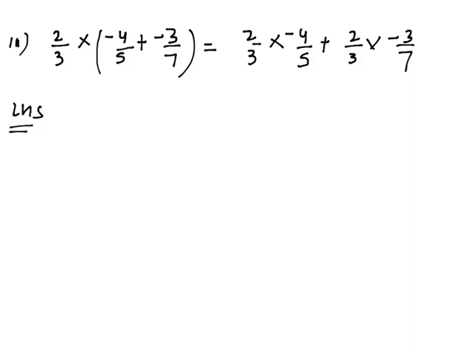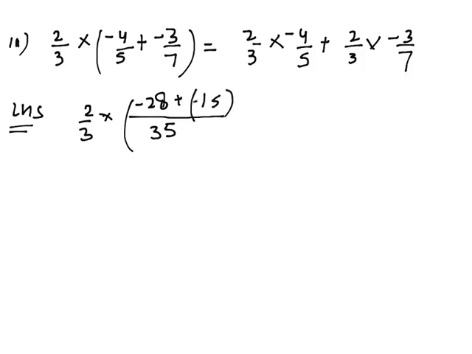So in this case, first of all, we will solve the number inside the bracket. It means we will find the addition of 4 by 5 and 3 by 7. So for this we have to take the LCM. LCM will come as 35. So to make the denominator same, we will multiply it with 7. So we will get minus 28 over here, and plus here we have to multiply by 5. We will get 15 over here, minus 15 over here.